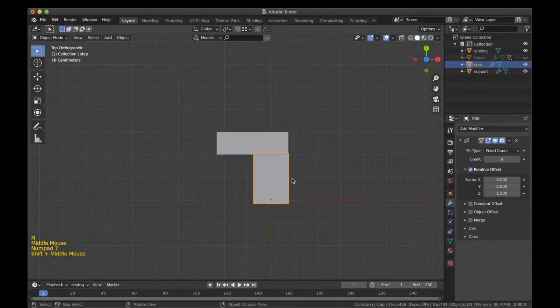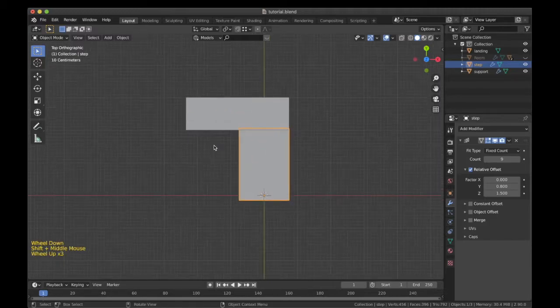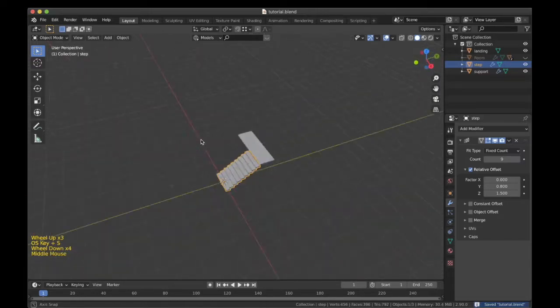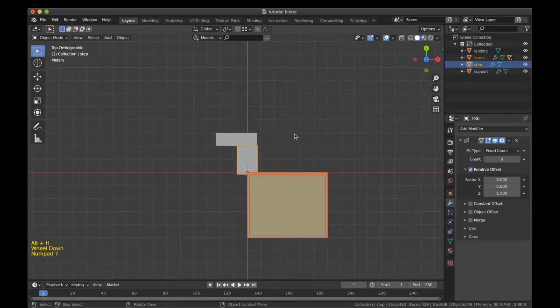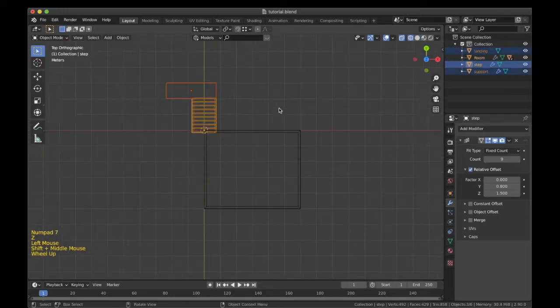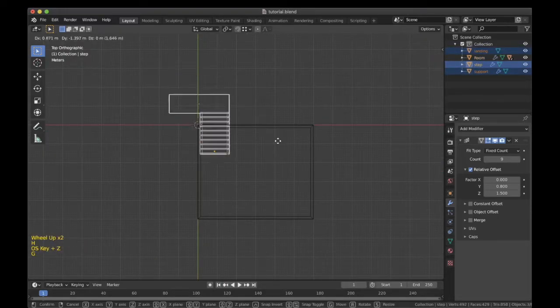Now that we are done with this, what we will do is we will keep it at this now. Once we are done with all the materials and all the other steps, we will finally duplicate it on the other side, position it accordingly. Now what I can do is, over here I will use the Alt H option to bring the room in the scene back. I will select all of this and take it over here.